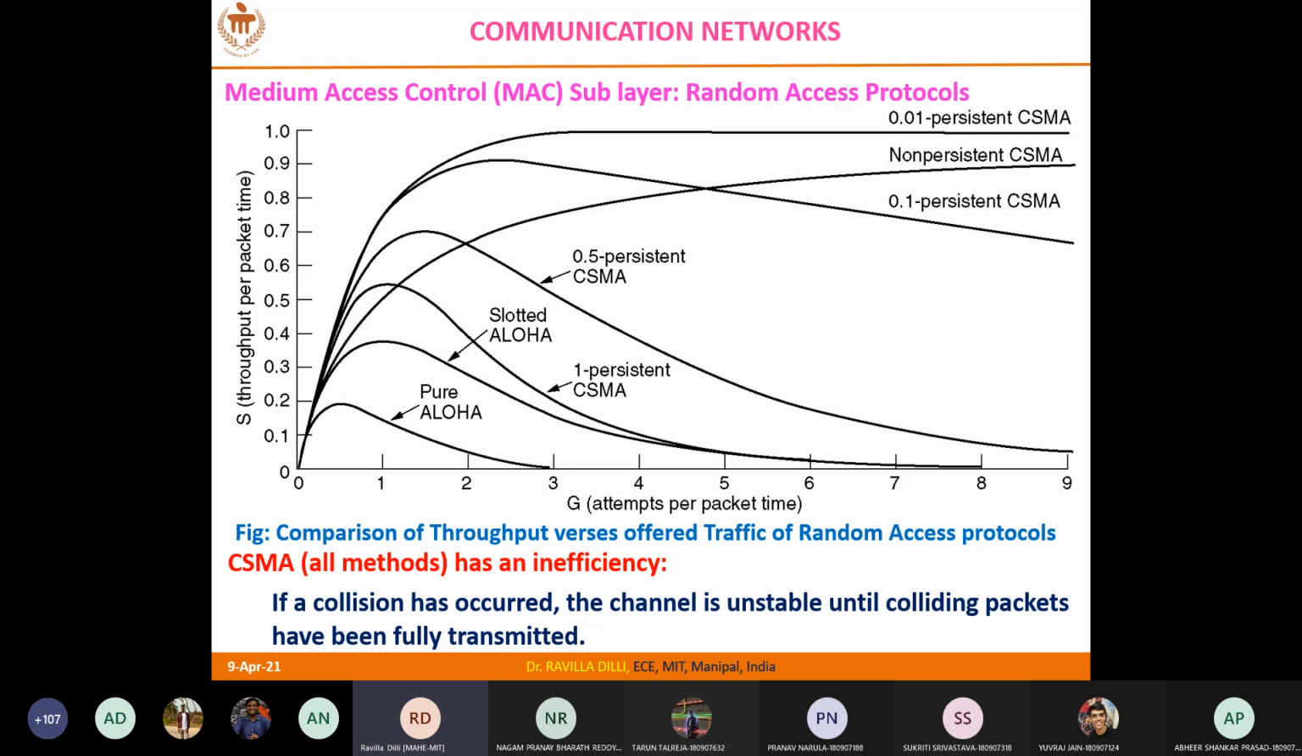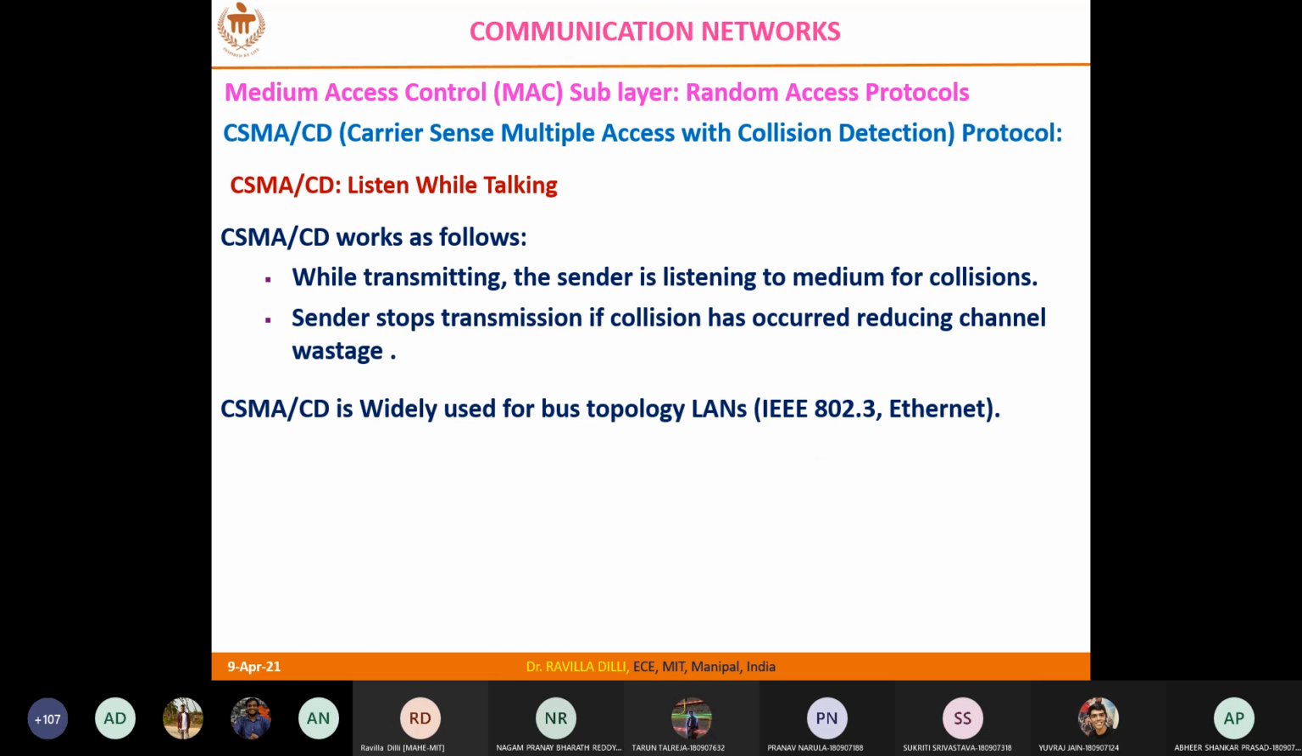So now, how are you going to address the collisions? When your frame gets collided with others' frames, how do you realize it? How can you realize that your frame is getting collided with others? That is the concept behind